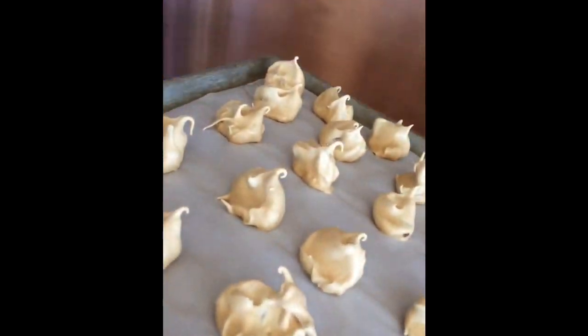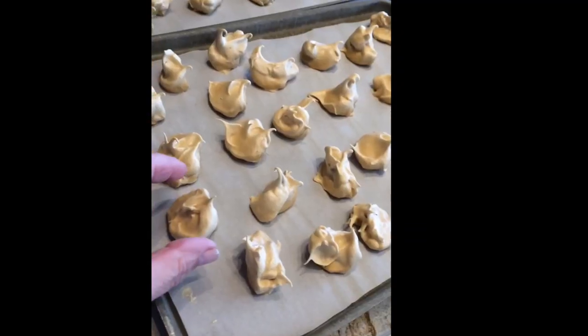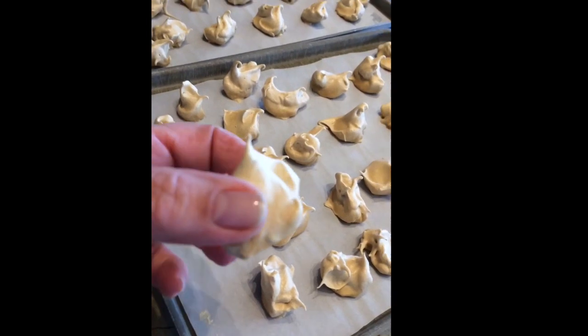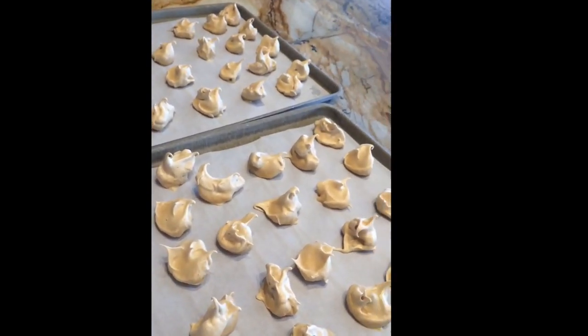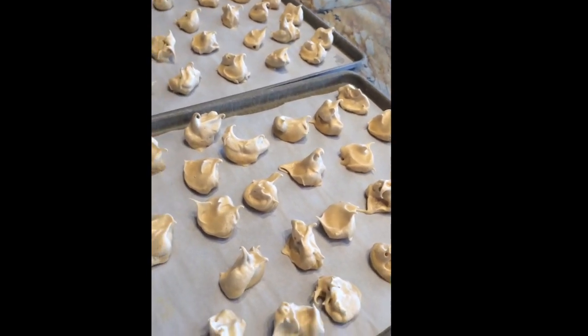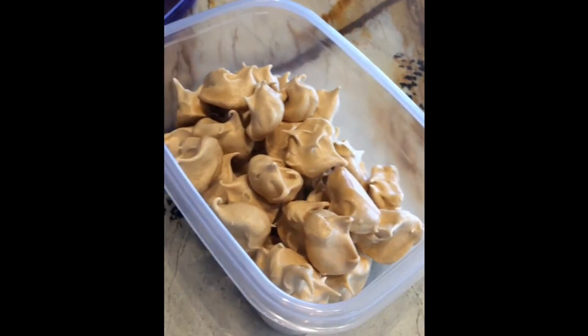Now is the moment for the big reveal. It's the next morning. That's my reflection in the oven. I will open the oven door, and lo and behold, there they are. And out they come, looking perfect. Yummy, yummy in my tummy. See how easily they are to remove? And taste. Mmm, perfect. And now they all have been placed in an airtight container, which will be as soon as I